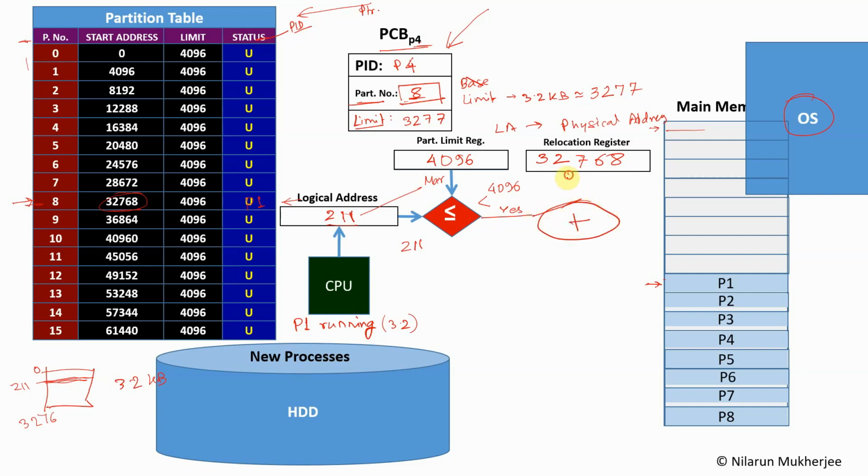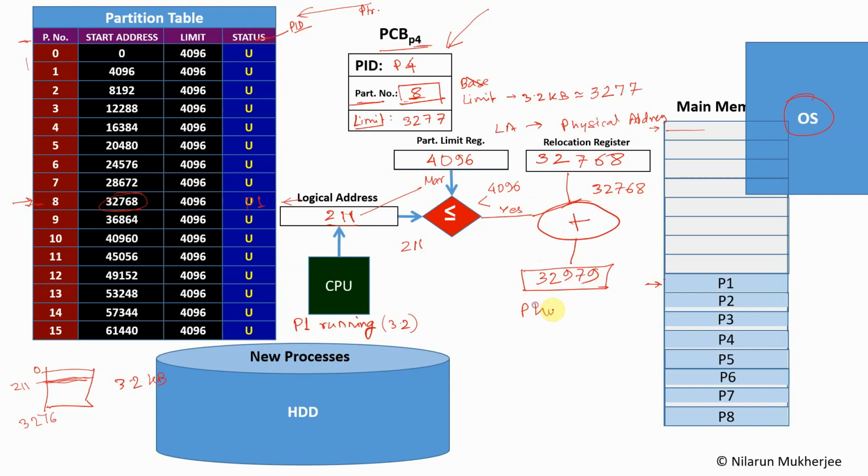I have to add these two things: 32768 plus 211, it will be 32979,